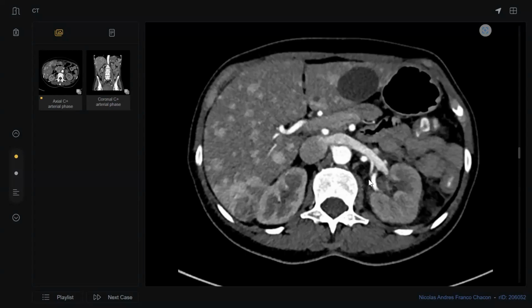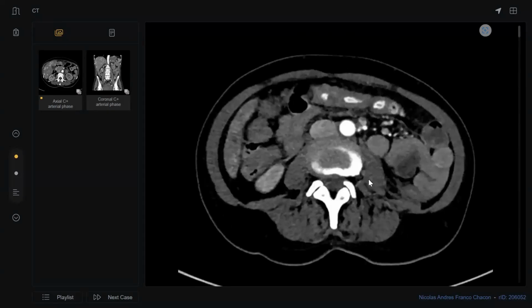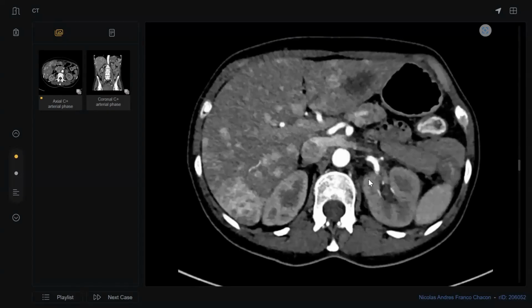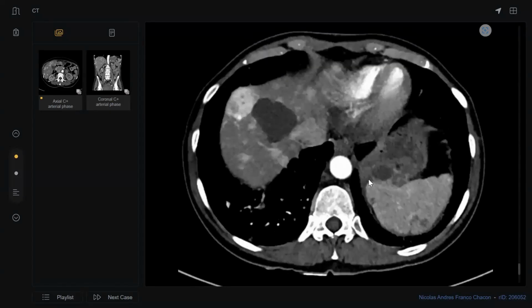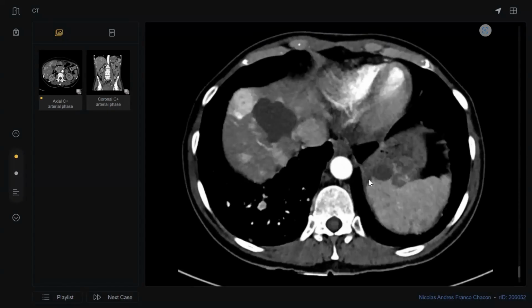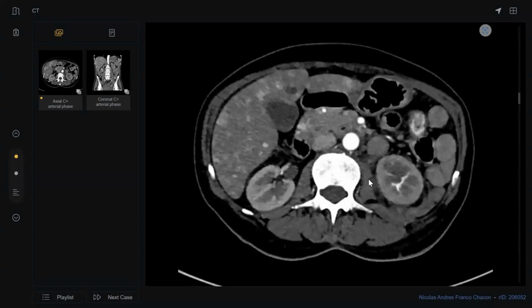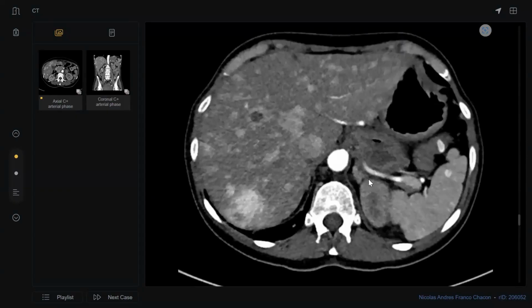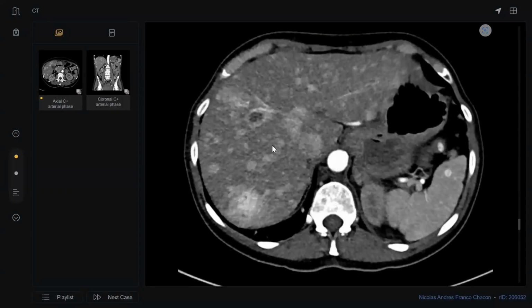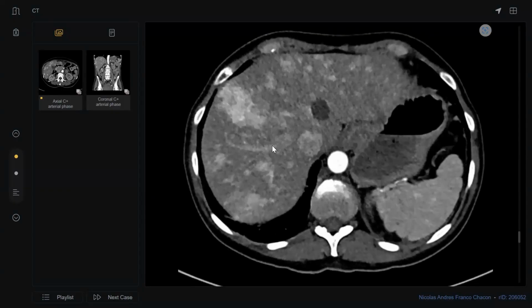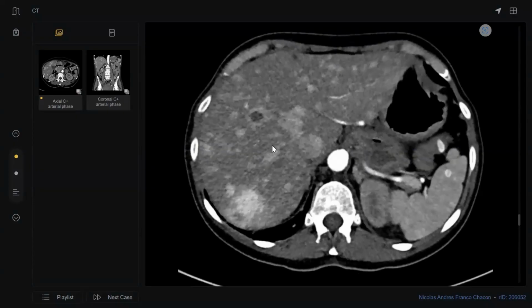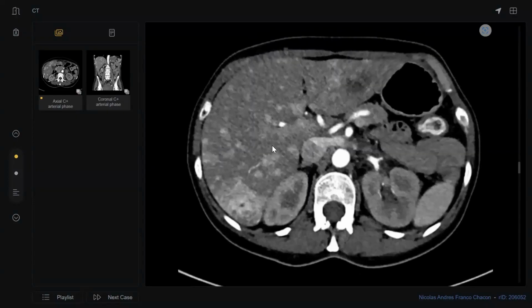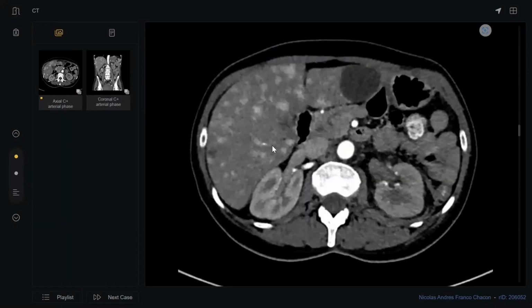This is a case of 2 minutes, my colleagues. Why do I bring this case? I want all of you to eliminate your verbosity. Very limited history and a very limited number of slides. There is no need for too much verbosity, my colleagues. This is metastatic. We should say these are hyper enhancing, variable size and shape, widely spread lesions, markedly enhanced